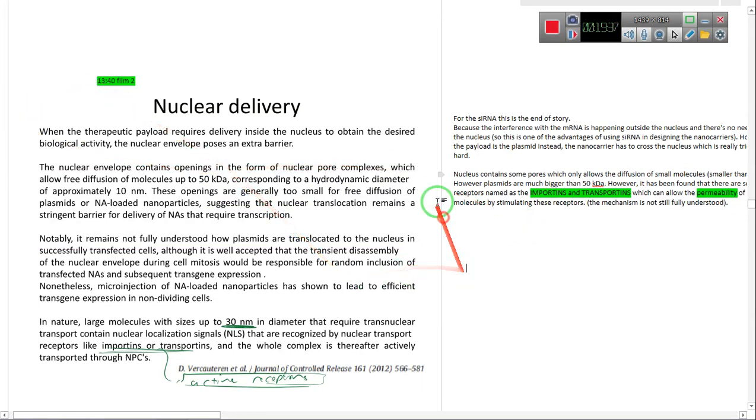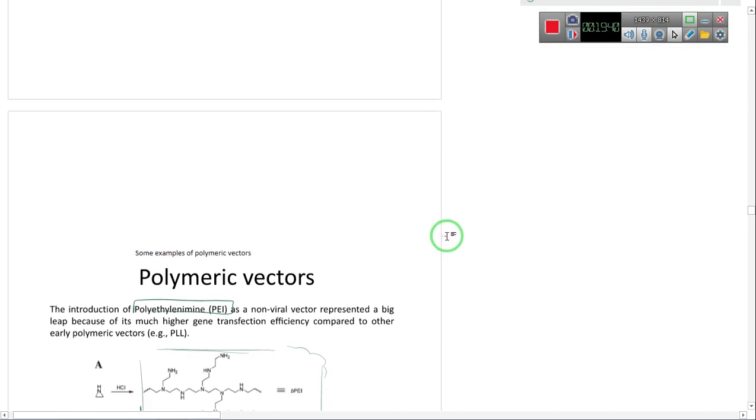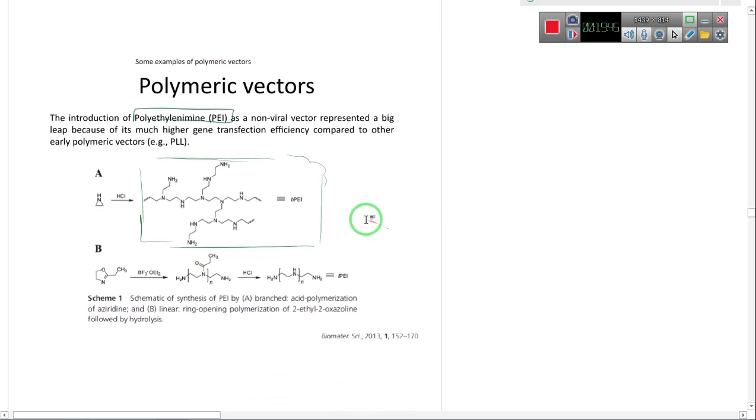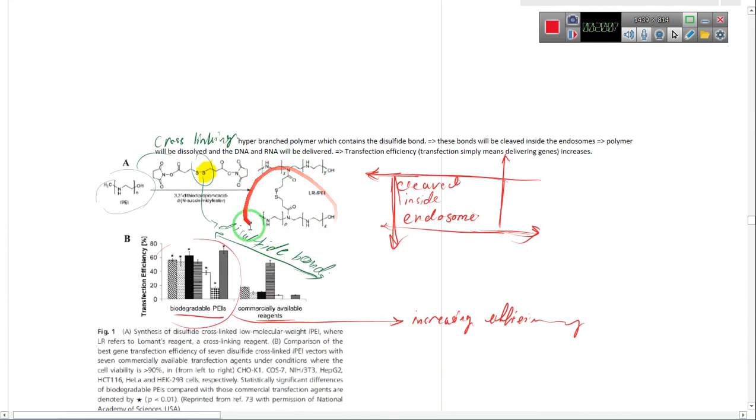Okay, so now let's continue with the polymeric vectors. You see here that we have polymers which, due to these NH2 groups, have a positive charge, so they can be used for complexing the nucleic acids, and by playing with different types of polymers we can make hyperbranched polymers. For example, you see in this picture that by the use of cross-linking between the disulfides we have made hyperbranched polymers